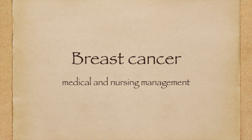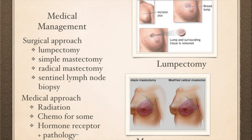This is the last in the series of Malignancies in Women's Health, and it's part 2 of breast cancer. We're going to discuss the medical and nursing management once breast cancer has been diagnosed. We begin with the surgical approach, and this has been changing over the last several years, where we are trying